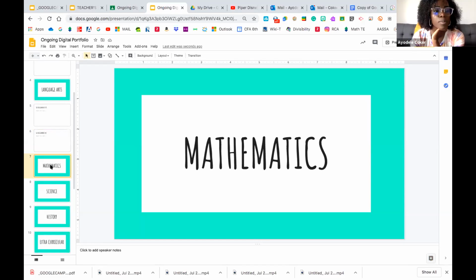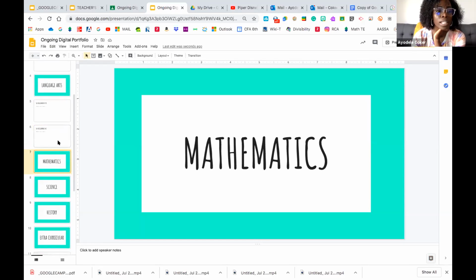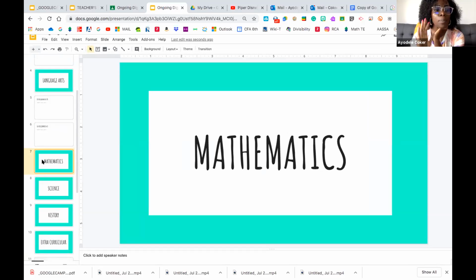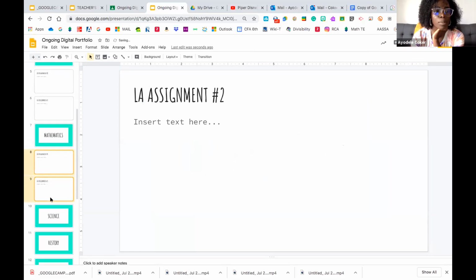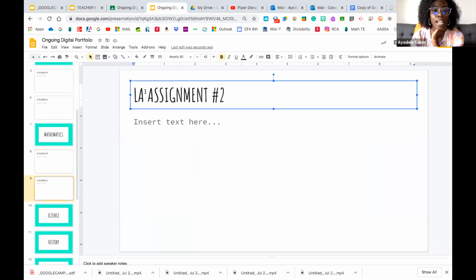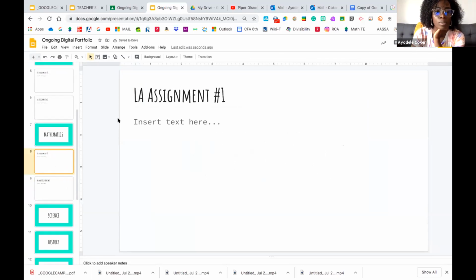And the reason for this is because whatever thumbnail is selected, when I hit edit paste, or if I do Control V, it's going to paste it underneath that slide that's selected, always. That's always the truth, okay? So I'm gonna hit Control V and watch what happens. Boom, there it goes. It pasted it under the mathematics assignment. Now, this is not language arts, so I'm gonna change this to math, okay? And I'm gonna change this one to math as well.